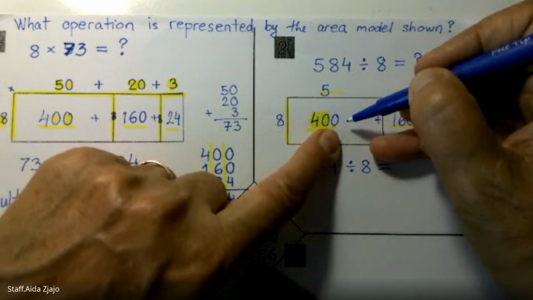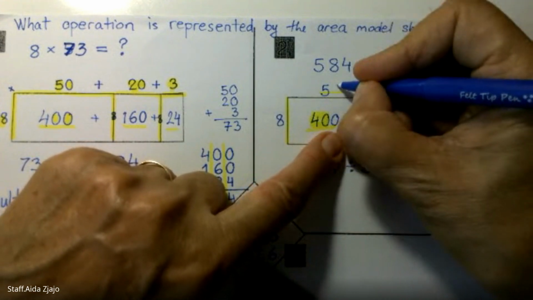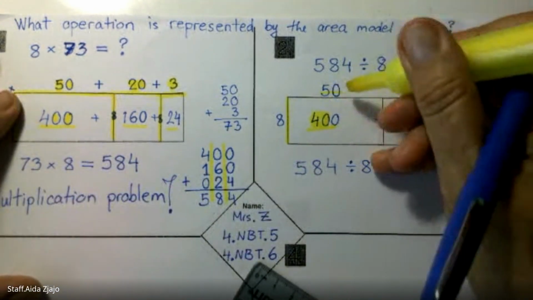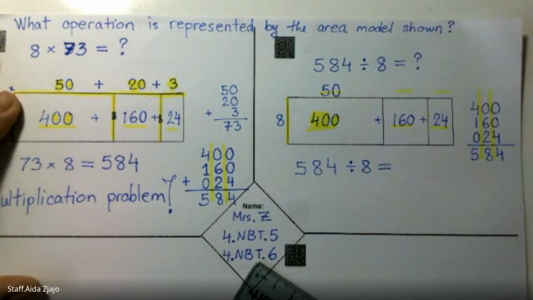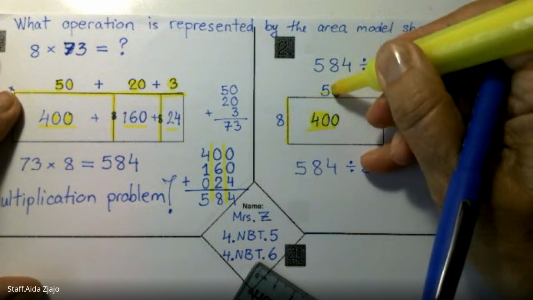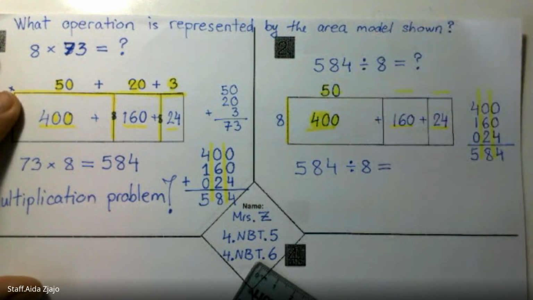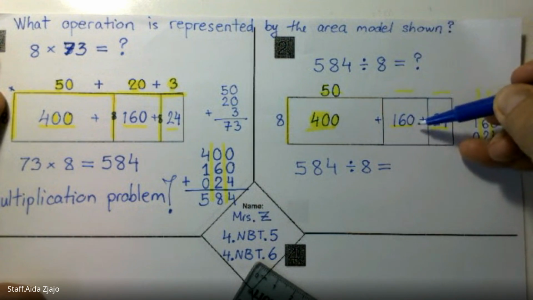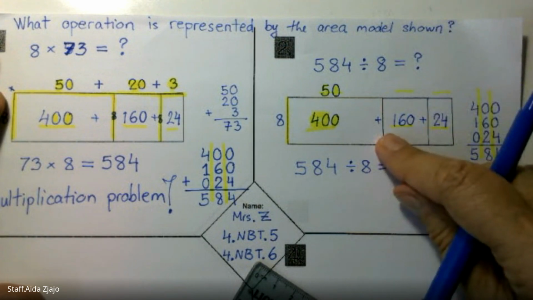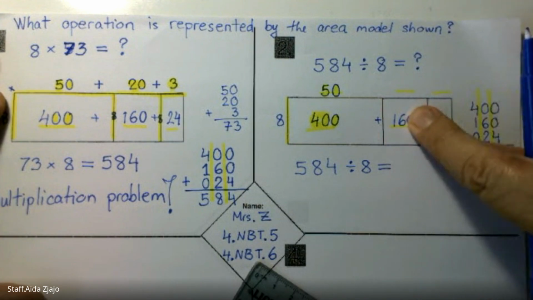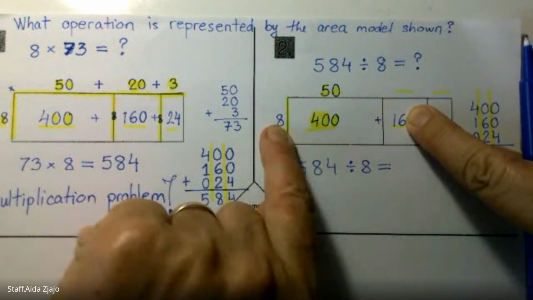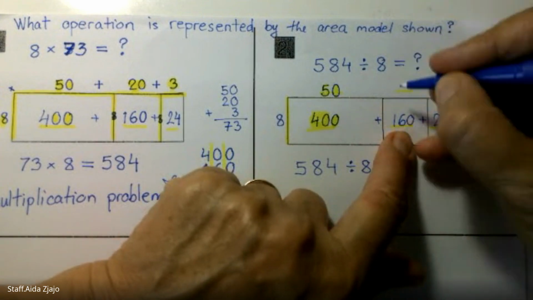But this is not 40, this is 400. So I have to add a 0. Now when I have 40 times 10, that gives me the 400. So that's why your factor here is going to be 50. Now, plus, we have this 160, and we can also use the same strategy. If this is 16 tenths, 8 times what equals 16, and you know 8 plus 8 is 16, double 8 is 16, so that's 2,